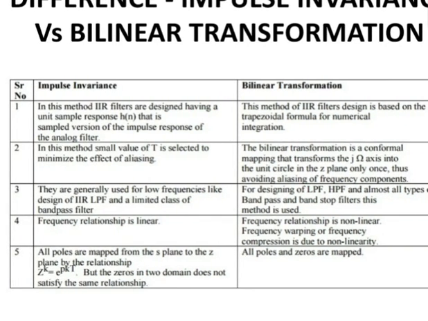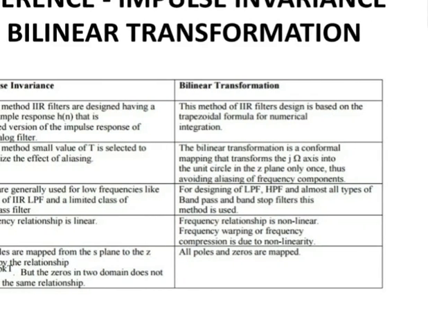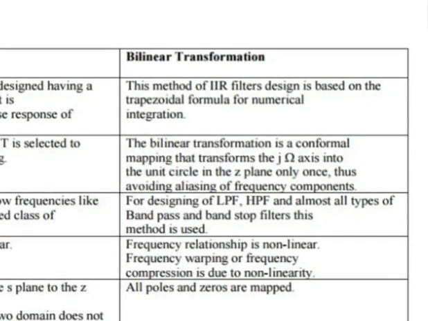In impulse invariance, a small value of T is selected to minimize the effect of aliasing. In bilinear, this transformation is a conformal mapping that transforms the j-omega axis into the unit circle in the Z plane only once,